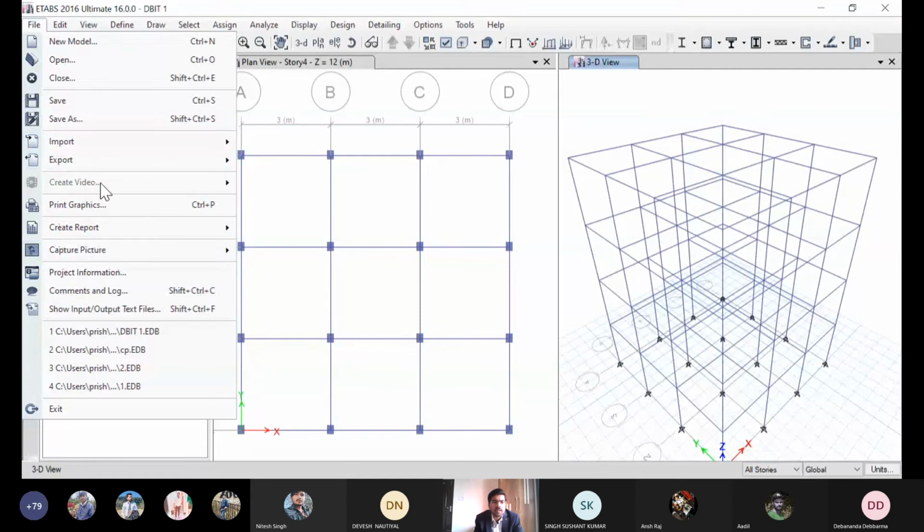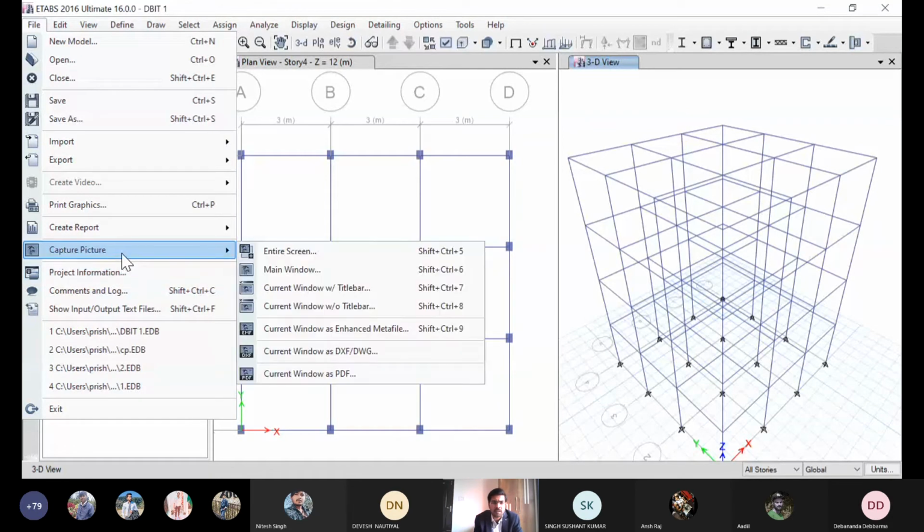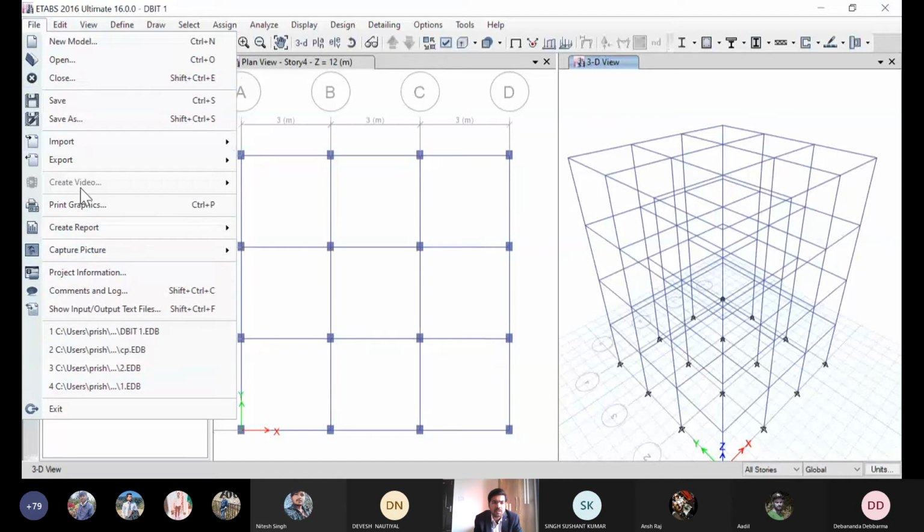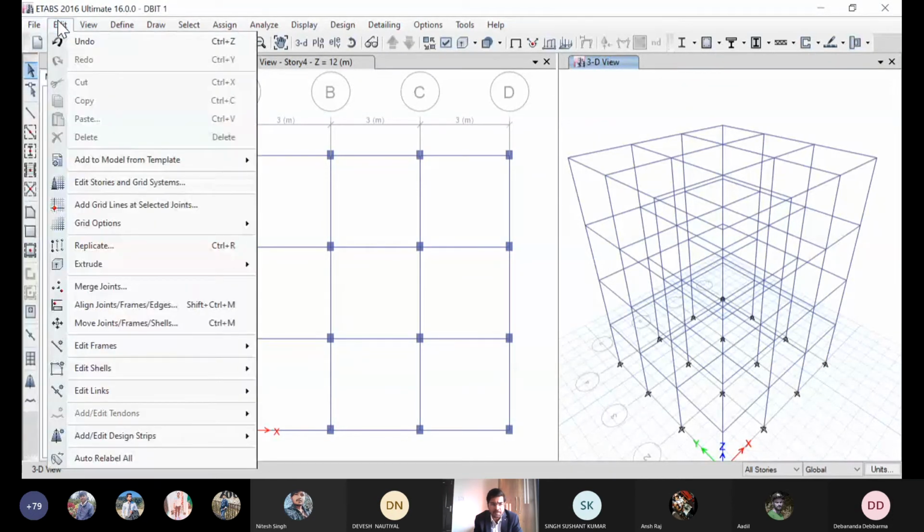Okay. So these are the different print, graphics and output options. Project information: in project information, you need to input the client name, the company you are working for, the post, and the dates on which you are starting or completing your project, right? So these are the information you can provide to your project. Okay. Now, editing options are there.